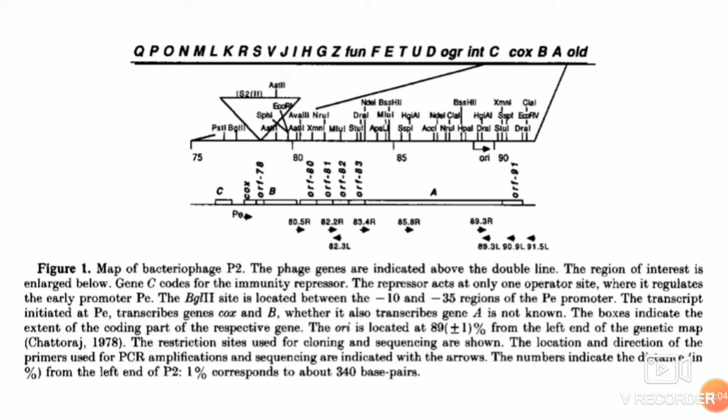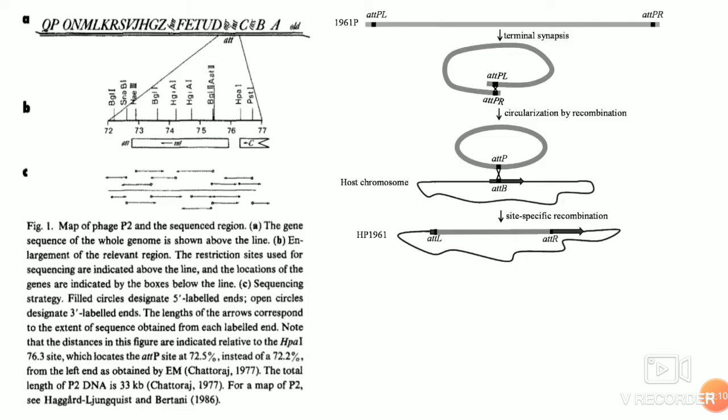The integration involves the INT gene, the site specific recombinase, between the bacterial attB site, that is the host attB site, and the phage attachment site attP. This generates host-phage junctions, attL and attR. This reaction is controlled by the phage-encoded integrase and leads to no gain or loss of nucleotides.